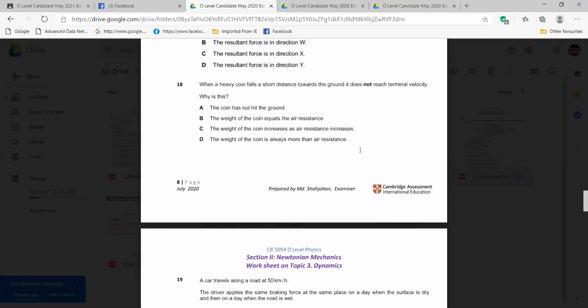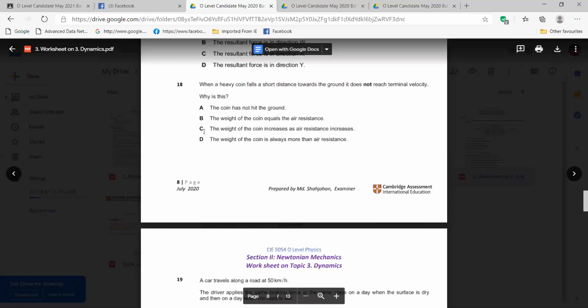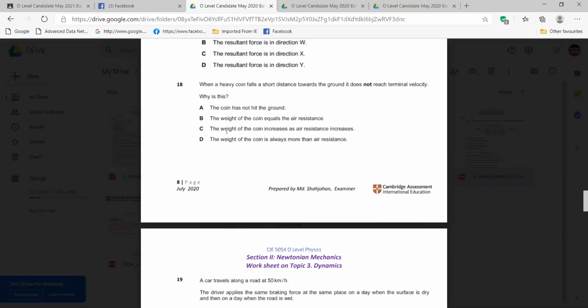So this one does not. Yeah, the way the air resistance is working, the weight is always more, right? Okay. So the one you said, C, the weight of the coin increases as air resistance increases, it's not giving enough information, right? Okay. Then